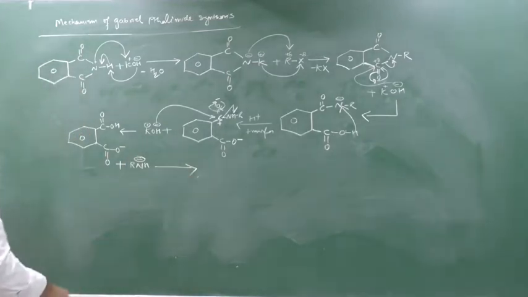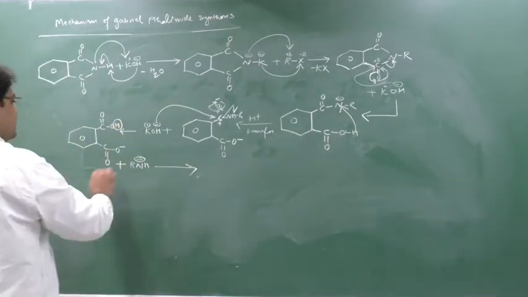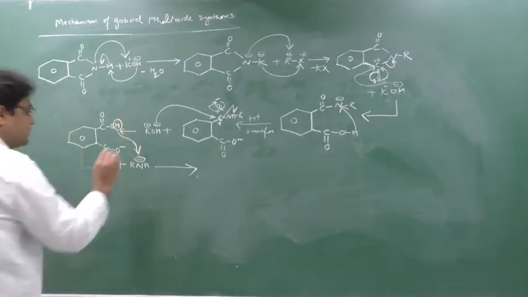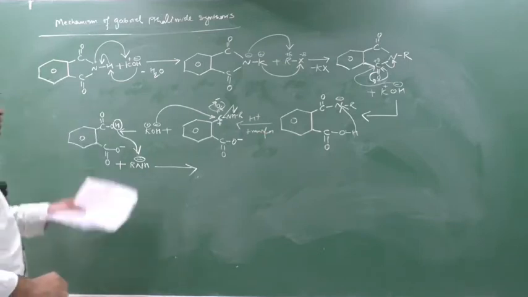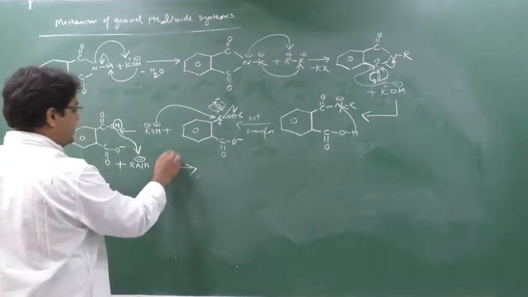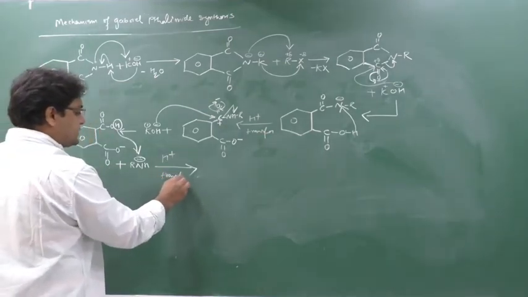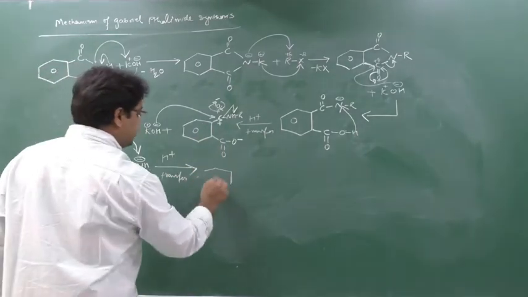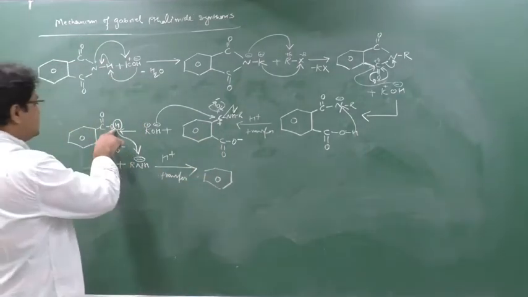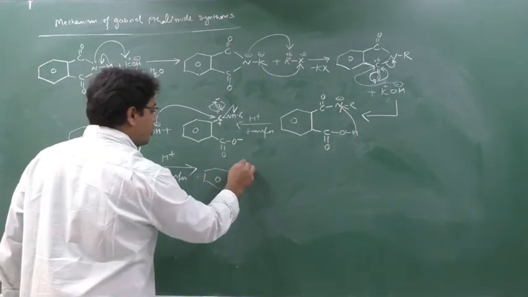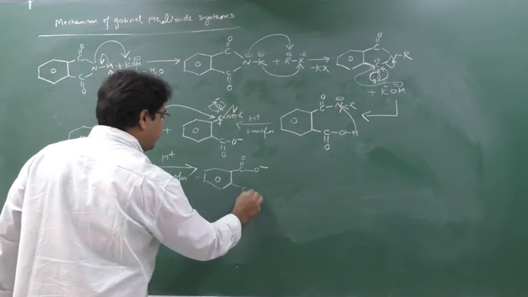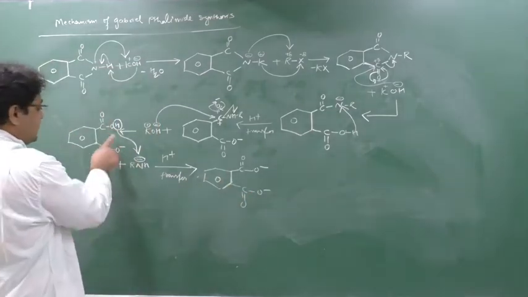Again proton transfer will be there. See this acidic hydrogen. This acidic hydrogen is feeling bad. So here this hydrogen will shift to this nitrogen to transfer the proton. After proton transfer, I will write down here H plus transfer. Same step I am doing. So what will I obtain? See, first we will see the changes. Here H is removed as H plus, so O minus will be left. Yes or no? Here also C double bond O minus. H is removed as H plus, and here N minus.